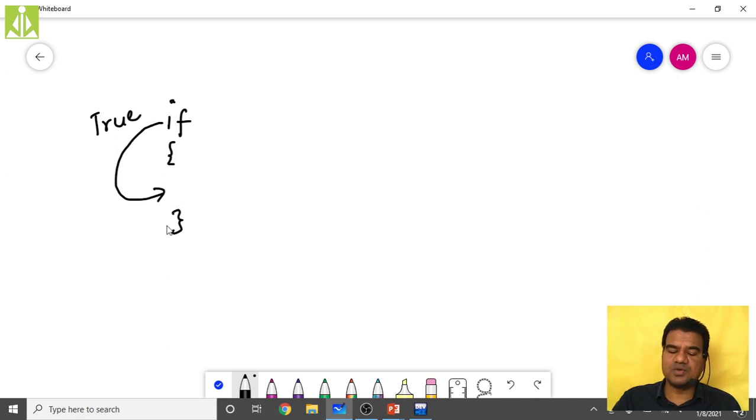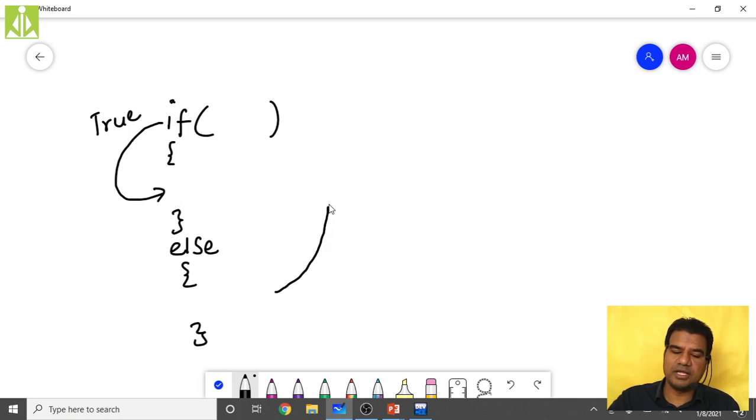And the statements we include inside the else, we call them the false block. So I'm taking the line like this from here to here. We call them the false block.